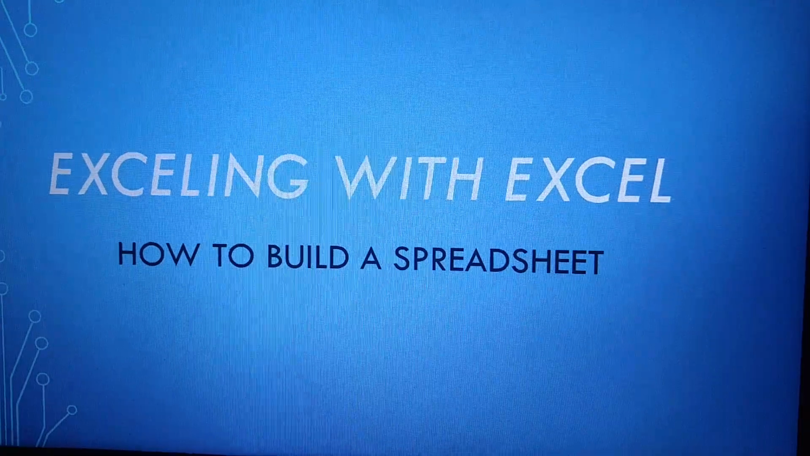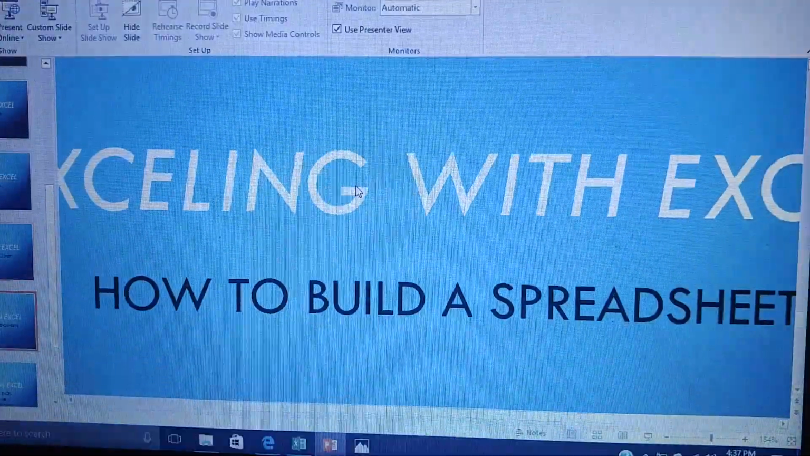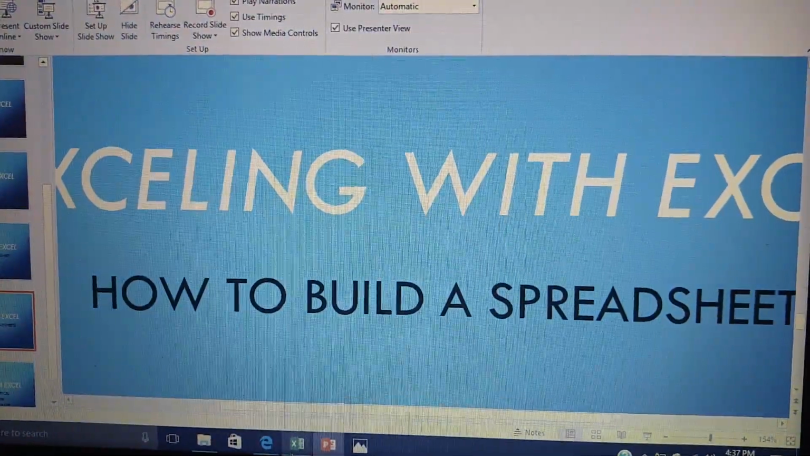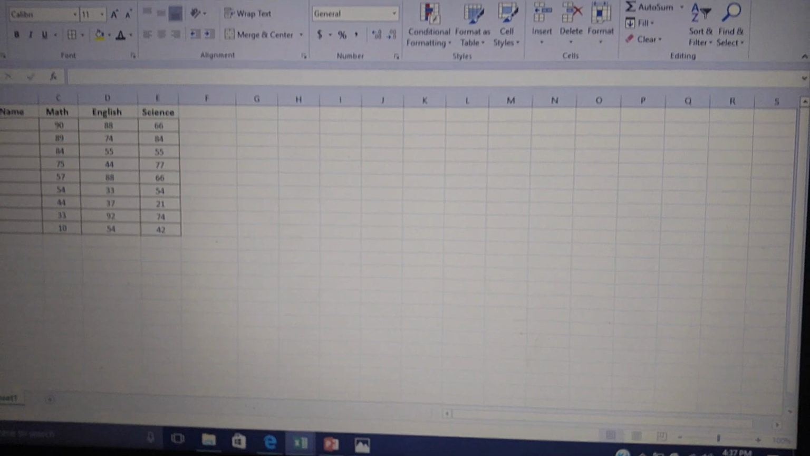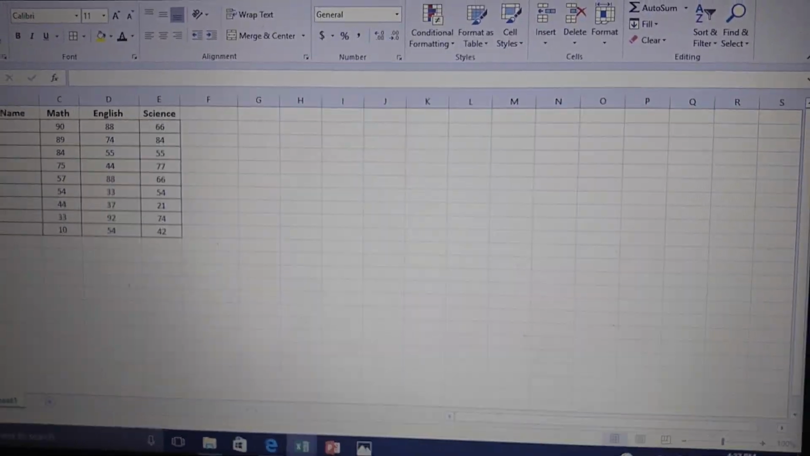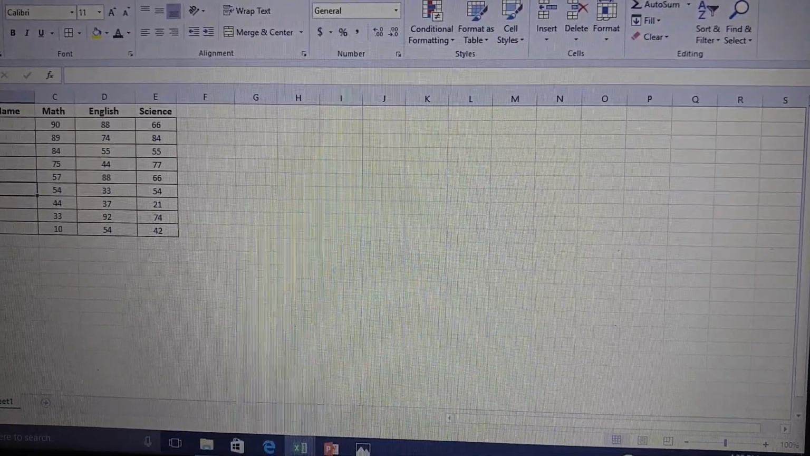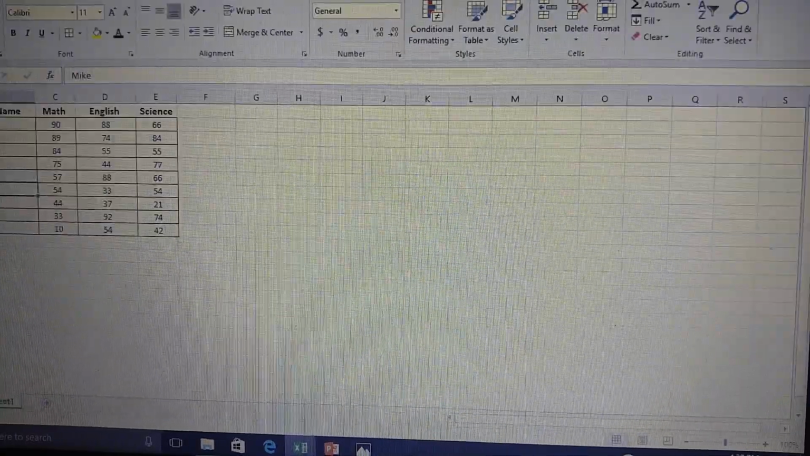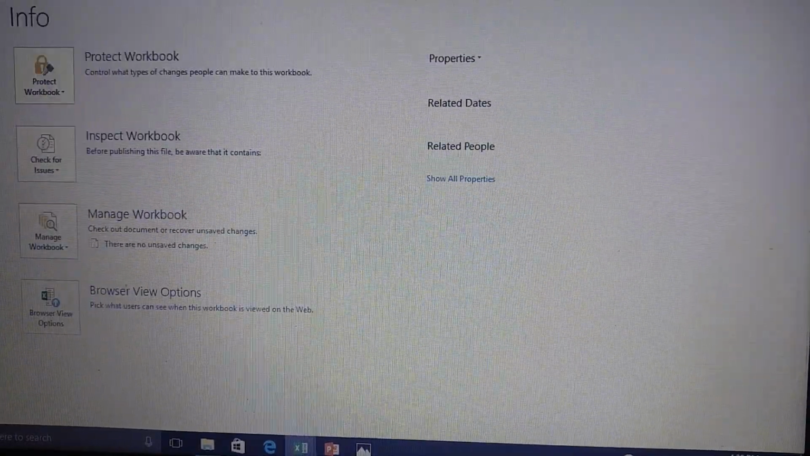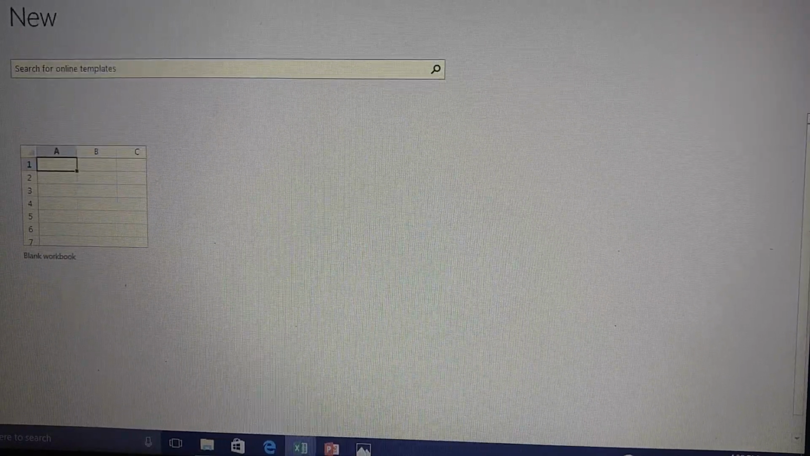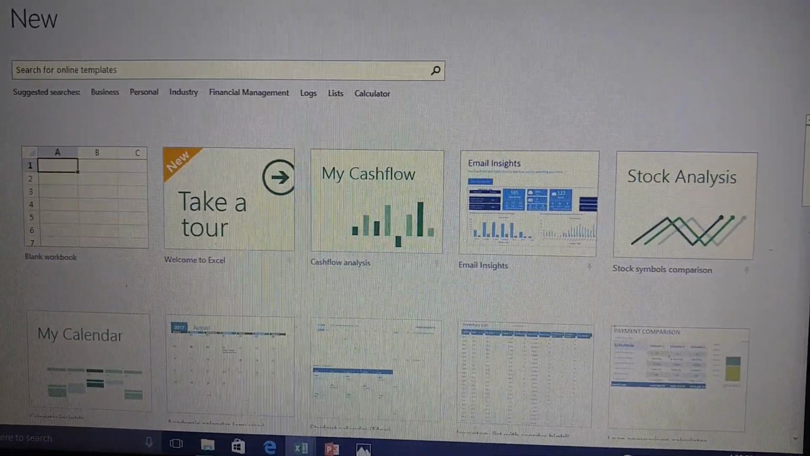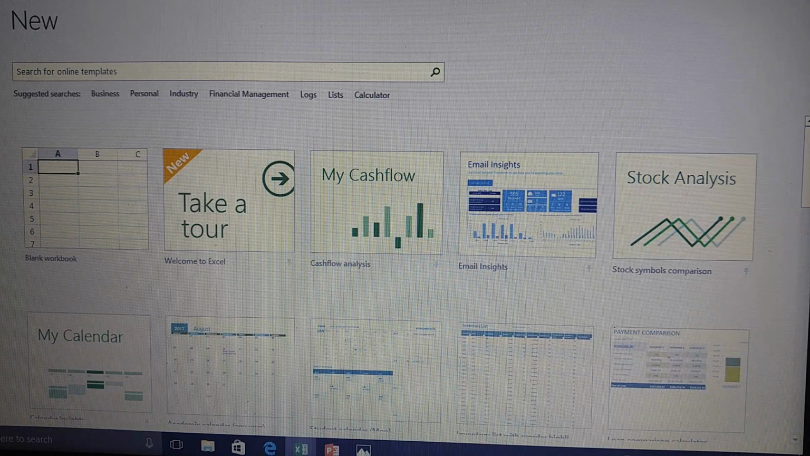Okay, so I'm going to get out of our PowerPoint as usual, and I'm going to go to a blank Excel sheet. Well, this is our Excel sheet from last time. So I'm just going to hit File. If you ever want to go to a new one, I'm going to hit File, and then I'm going to hit New. And one thing I want you to notice also, I'm going to go to a blank workbook,